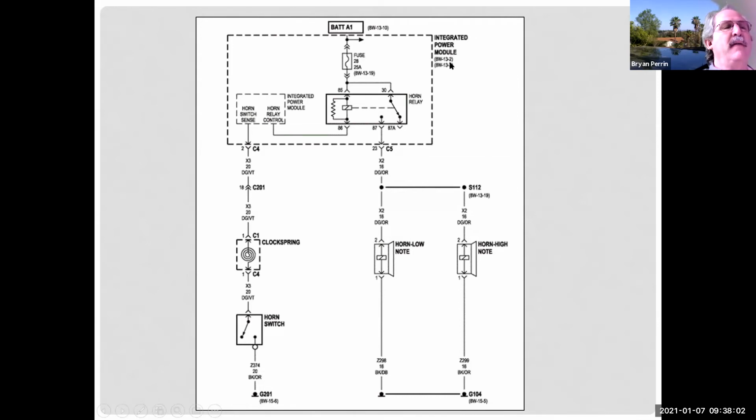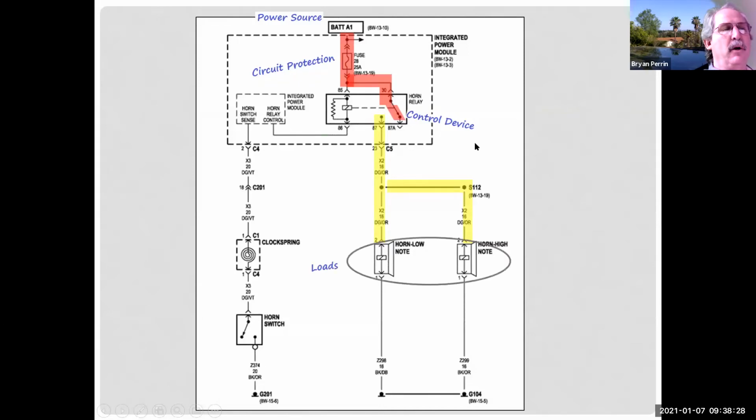So as I figure out what should be what on this, I can start with my power source. And then I can highlight that in red because red is power. There we go. And so there's constant power. The relay, the switch, is my control device. My yellow is my switched power. There's my loads. And there's my ground. So since